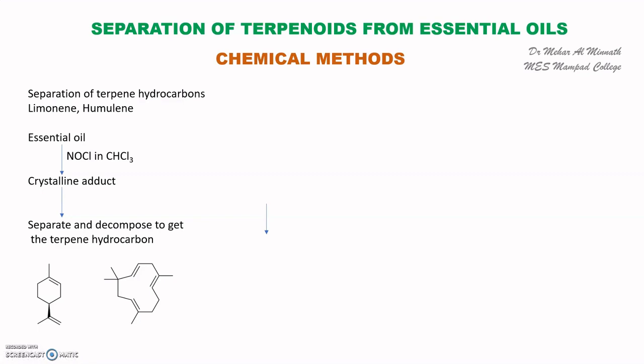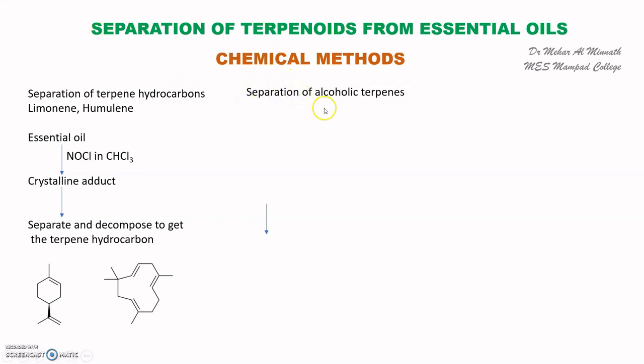terpenes from essential oil. That particularly you can remove or separate terpene hydrocarbons, that is terpenoids which do not have any other atoms other than carbon and hydrogen. Now, the next method is separation of alcoholic terpenes. So if you have alcoholic terpenes